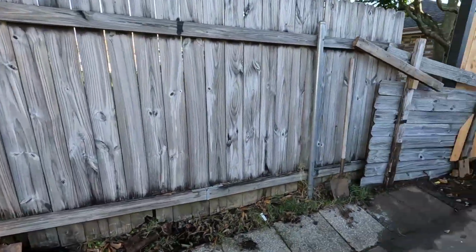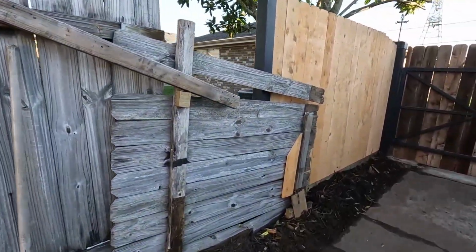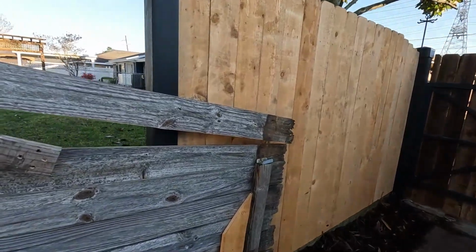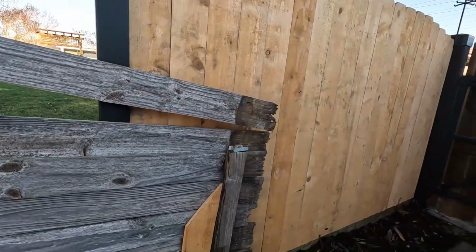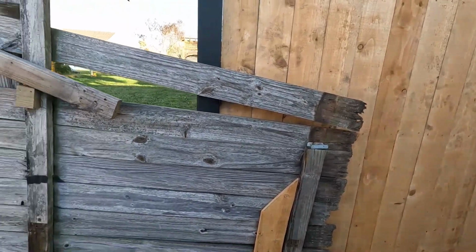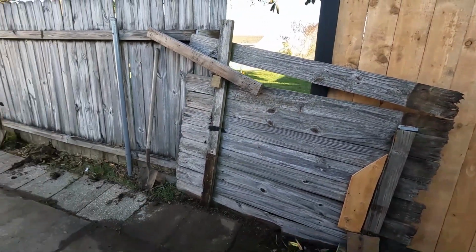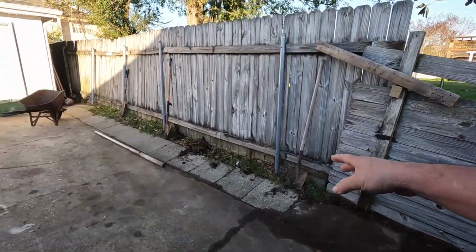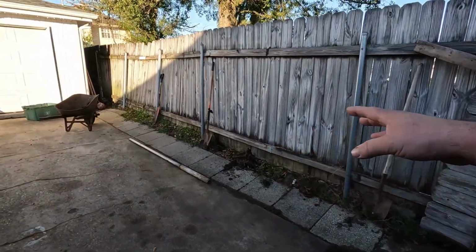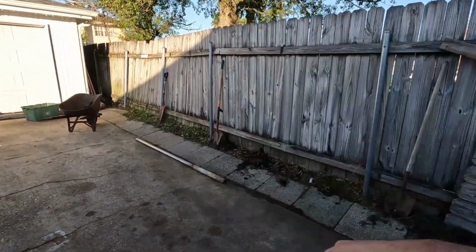It's going to be more like this, square tubing, and I'll get to the back of it in a minute. I'm going to remove this, and we got to dig all this out, dig for 2 poles, 3 poles, and